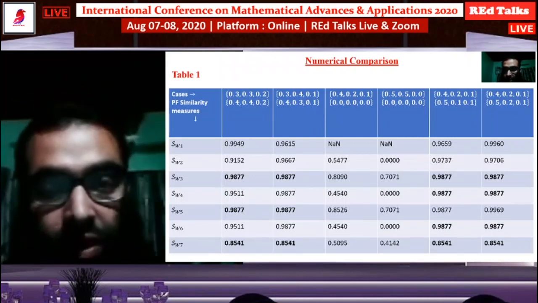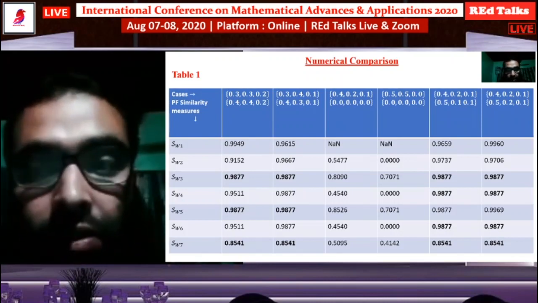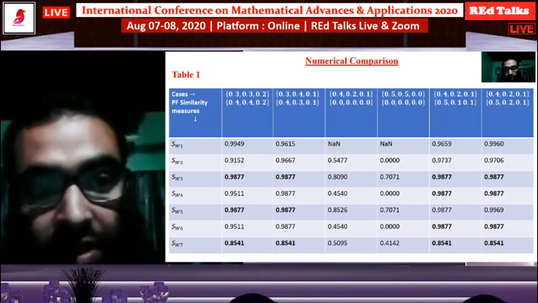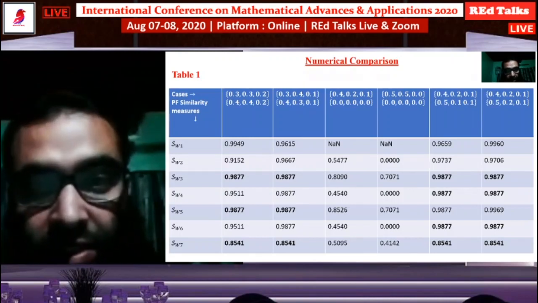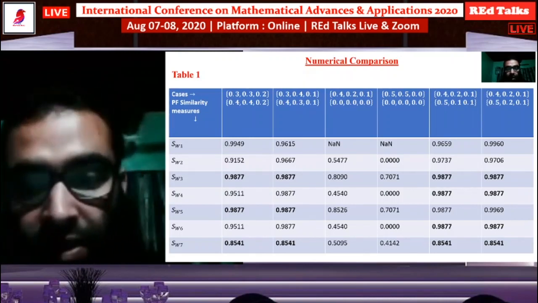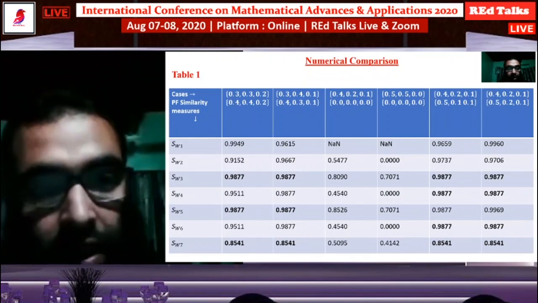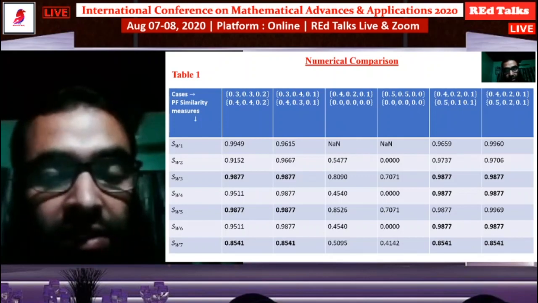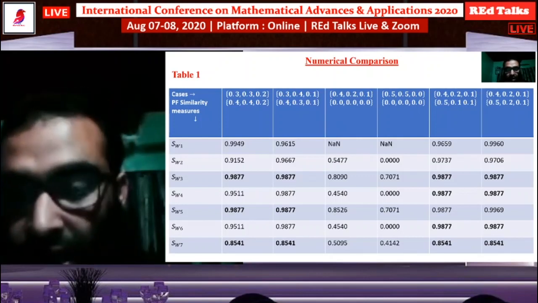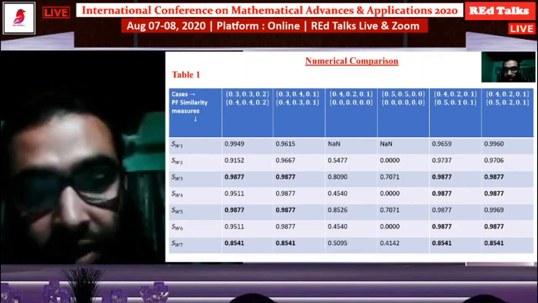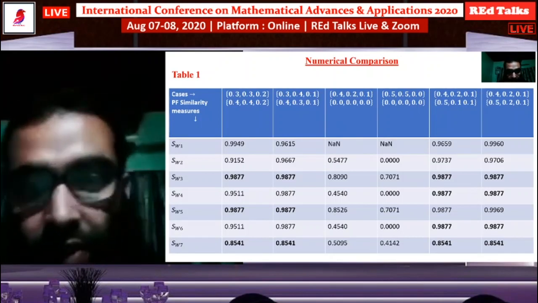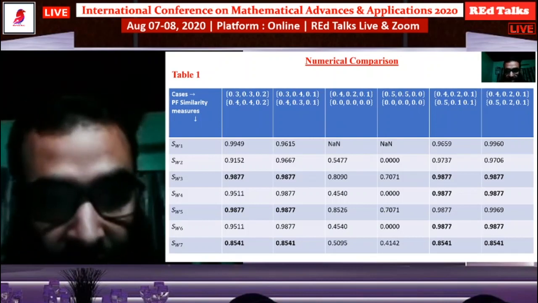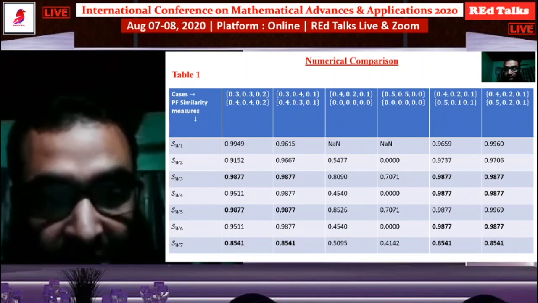Then what was the need of incorporating the degree of refusal in this picture fuzzy similarity measure? Here we can see that we have taken 6 different picture fuzzy cases. Each case consists of 2 picture fuzzy sets. They are different. These are 6 different cases, and as we see in table 1,